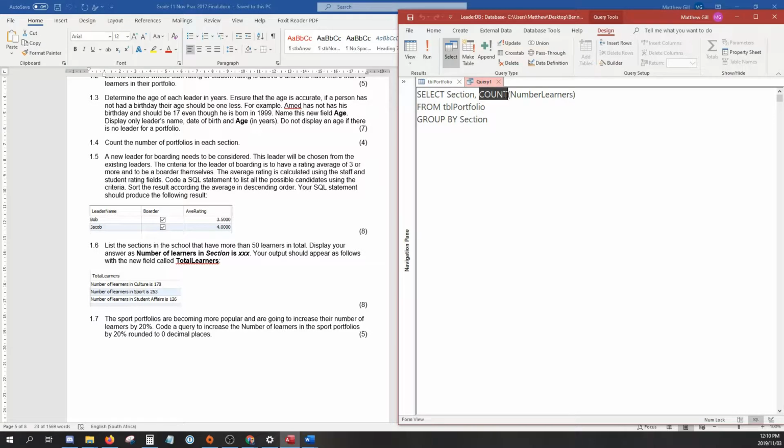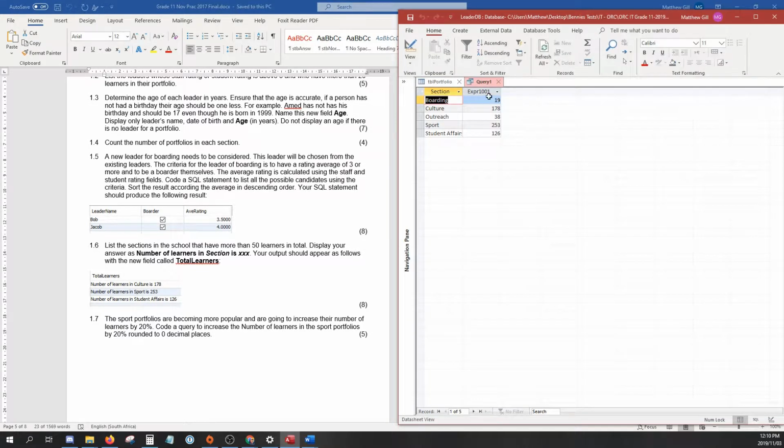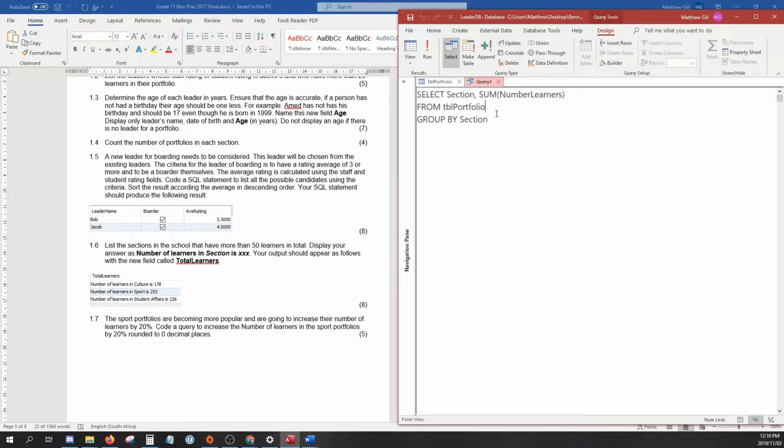What I wanted was the sum of number of learners. That's going to add them up for me. There we go. So boarding has got 19, culture has got 178, sports has got 253. Great. Now, have more than 50 learners in total. And this is where the having comes in. Because if I try